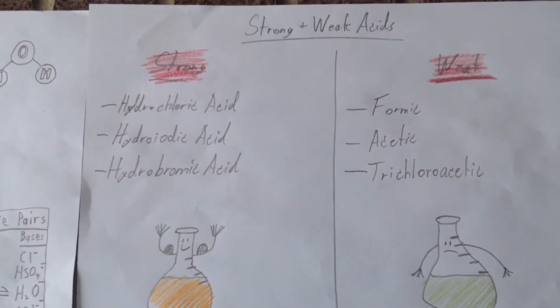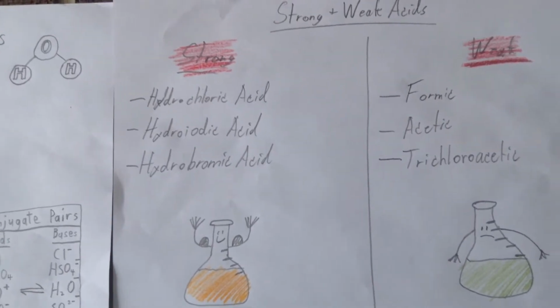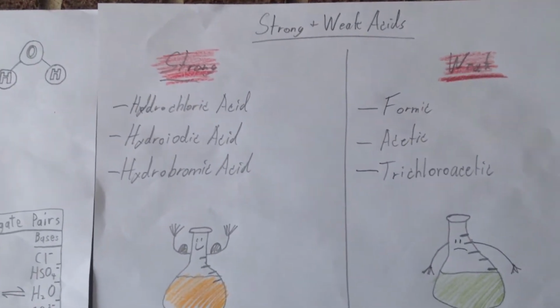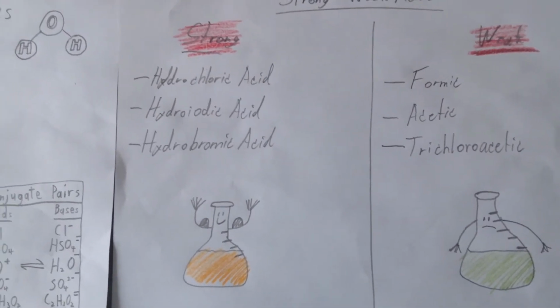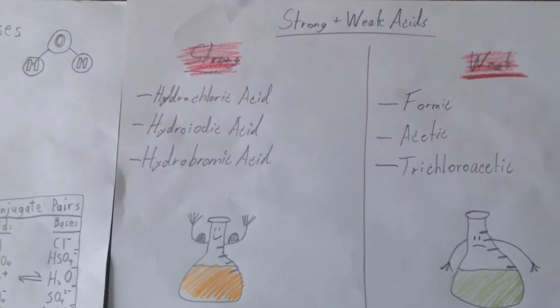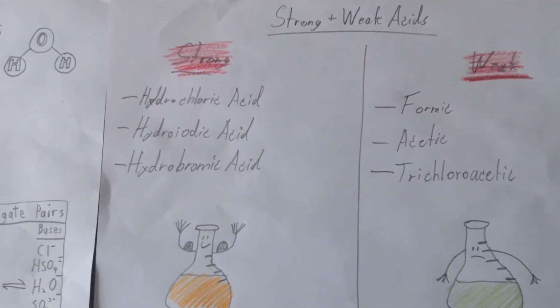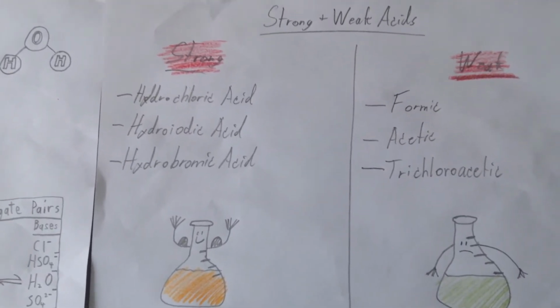Strong and weak acids. Some of the strong acids include hydrochloric acid, hydroiodic acid, and hydrobromic acid. Some of the weak acids include formic, acetic, and